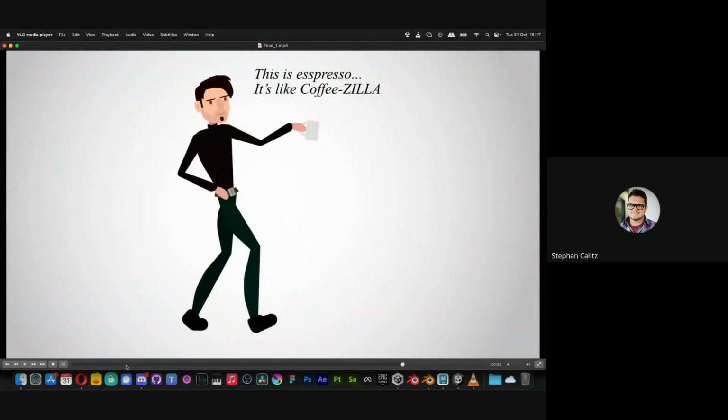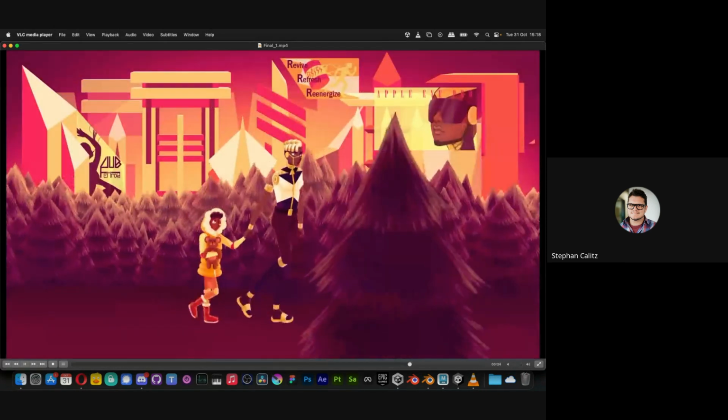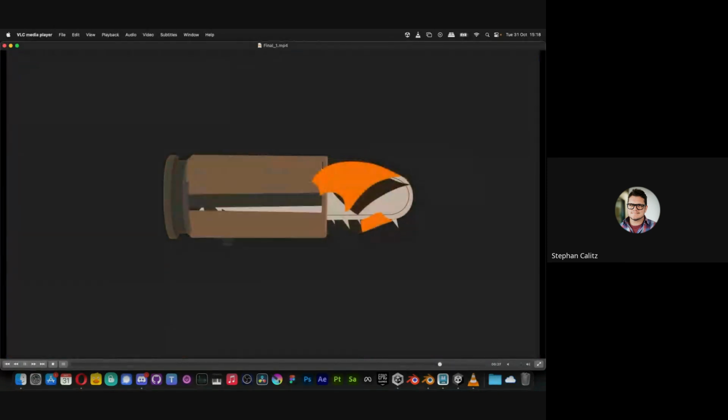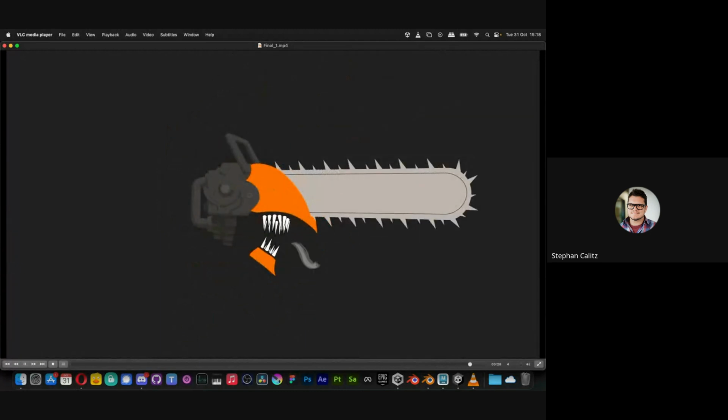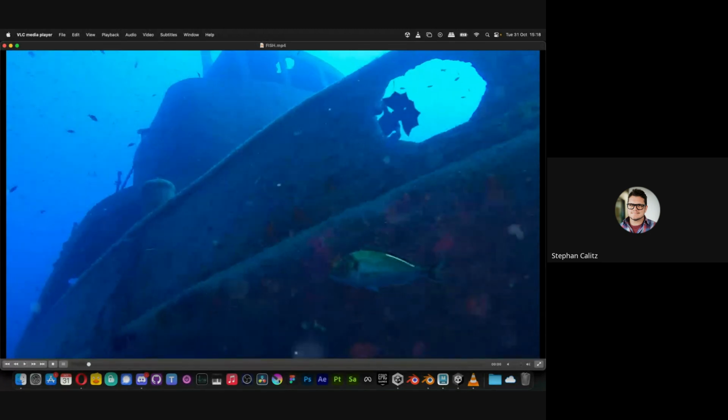So this one I would try and cut out, and this one I would leave in for a second longer, because we get it and we can read it, and then it ties in with this character. And maybe add a title at the end, since it ends a little bit abruptly.